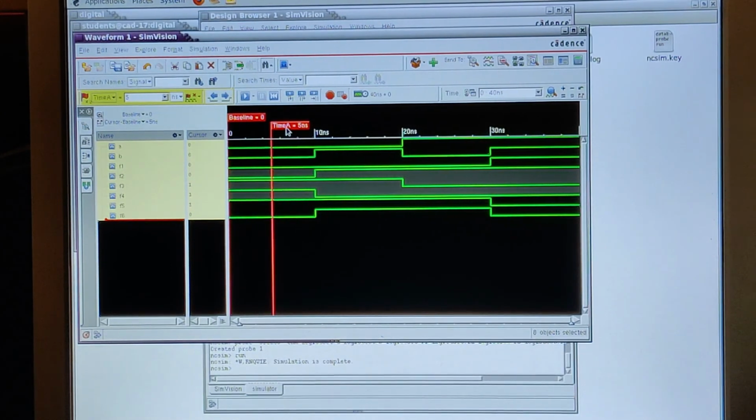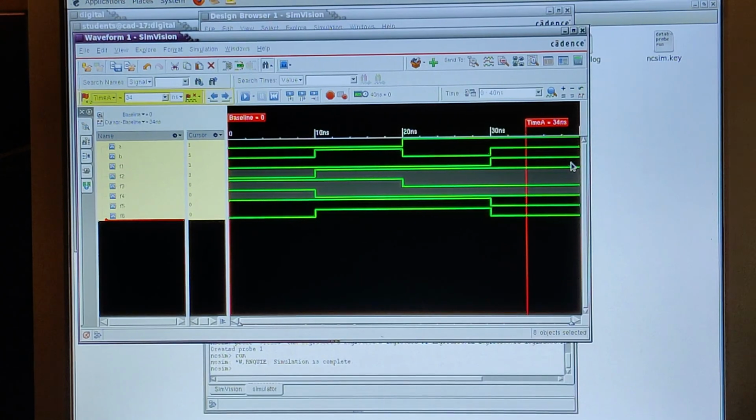When A is 0 and B is 1, it is 0, 1, 1, 0, 1, 1. When A is 1 and B is 0, the outputs will be as follows, it is 0, 1, 0, 0, 1, 1. When A is 1 and B is 1, the outputs F1 to F6 are 1, 1, 0, 0, 0, 0 respectively. Thank you.